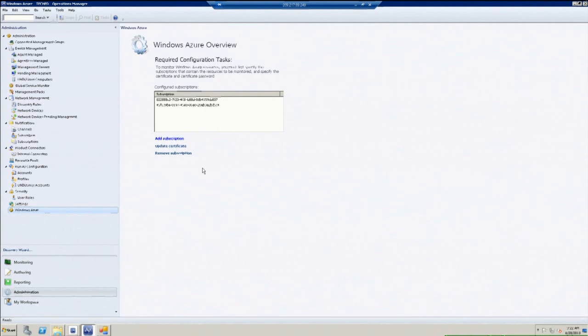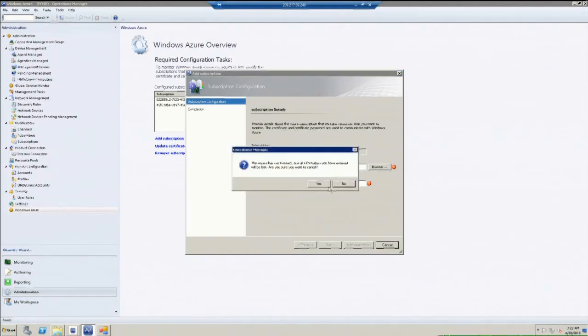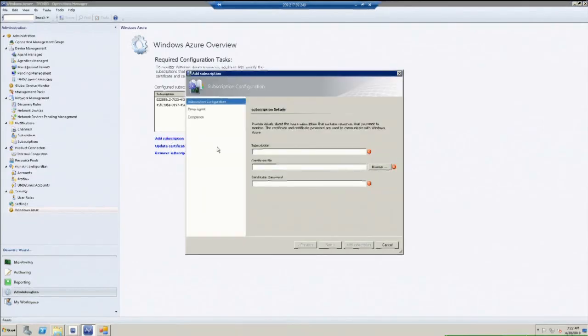Also, as I mentioned, if you go here and say update certificate, then you go with the GUID for this subscription and update the certificate. Or you add a subscription: from the Azure portal that you already set up and are paying for, you'll be able to get the subscription GUID, then you upload the certificate. After you do that,